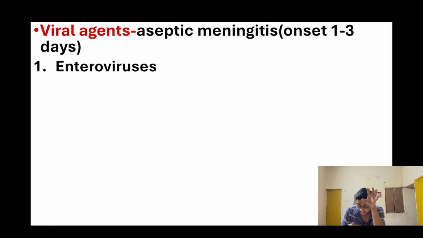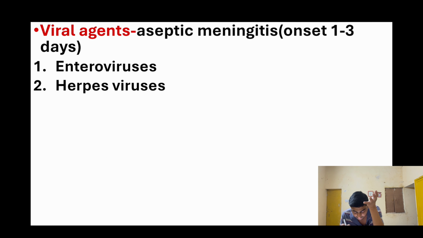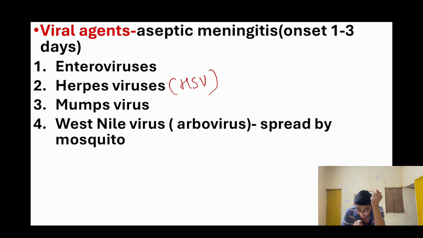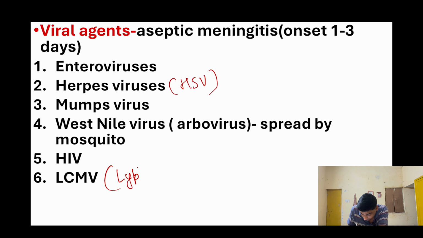The viral agents are enteroviruses, herpes simplex virus, HSV, mumps virus, and West Nile virus, which is a type of arbovirus spread by mosquito. Fifth, we have HIV, human immunodeficiency virus, and LCMV, lymphocytic